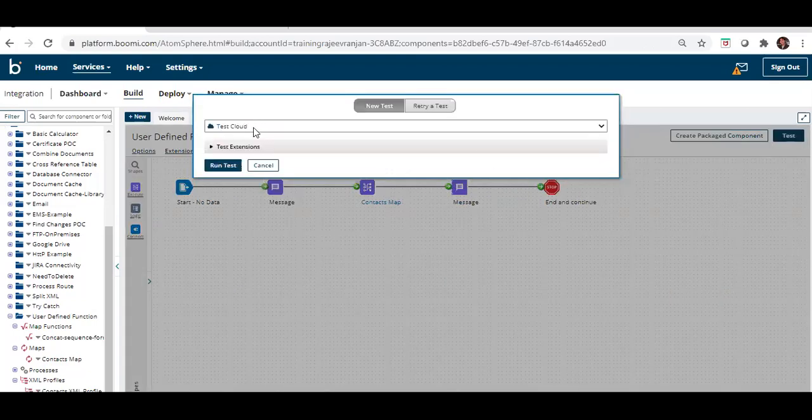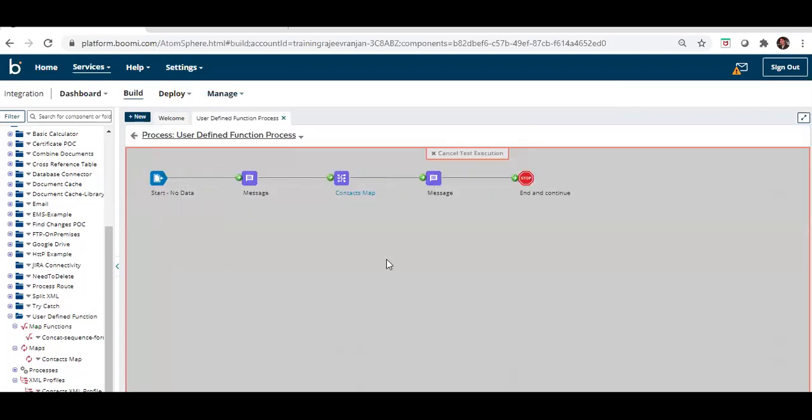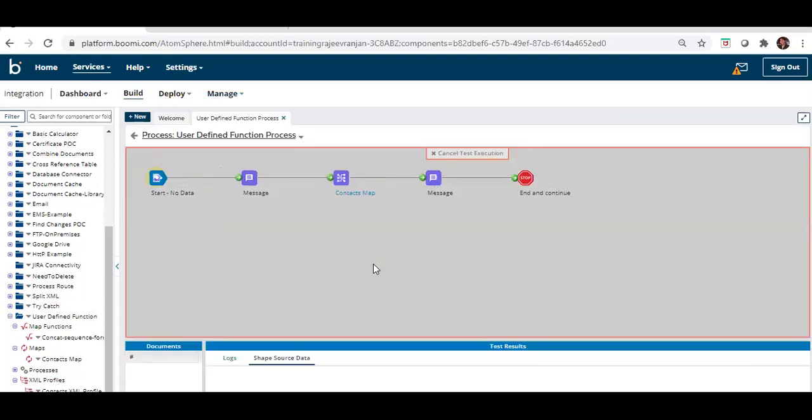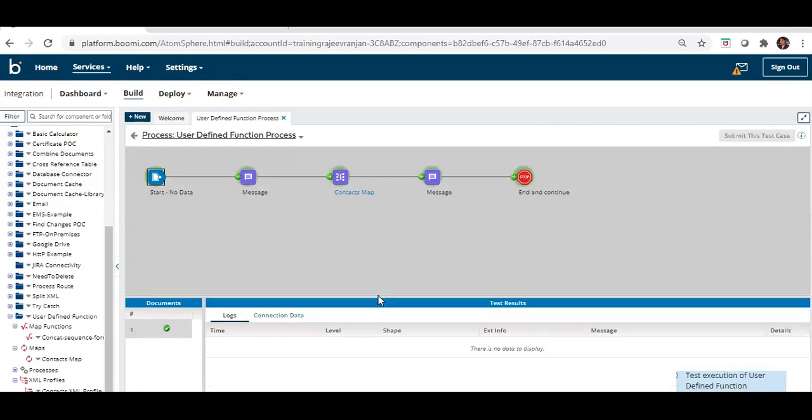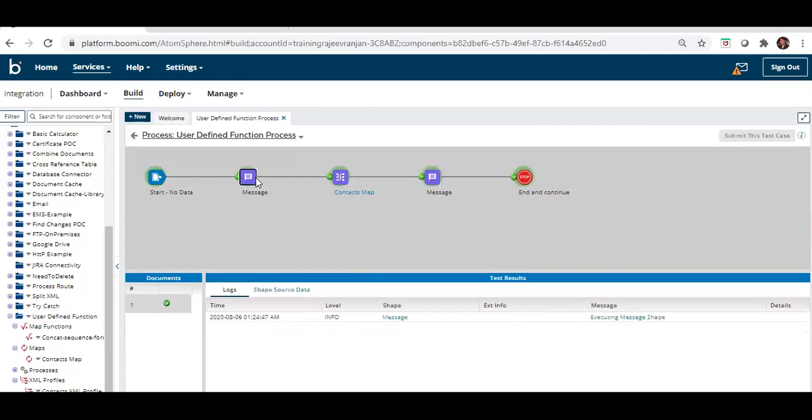For that we can select Test on cloud, because everything is on cloud and nothing is on premises. Since nothing is involved from on premises, a local atom is not needed. So you can see the output.